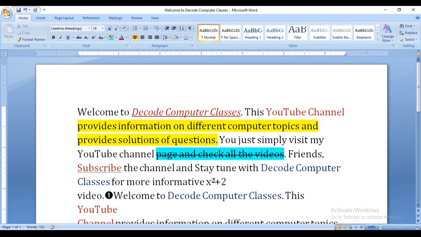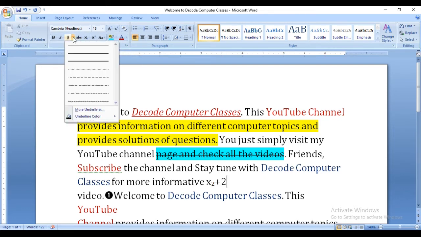And if you have to make it like a base, the subscript option helps us make it like x base 2. This way you can apply the formula settings and use it in a formula. So these are the settings: you can highlight the text, make it bold, strike through.